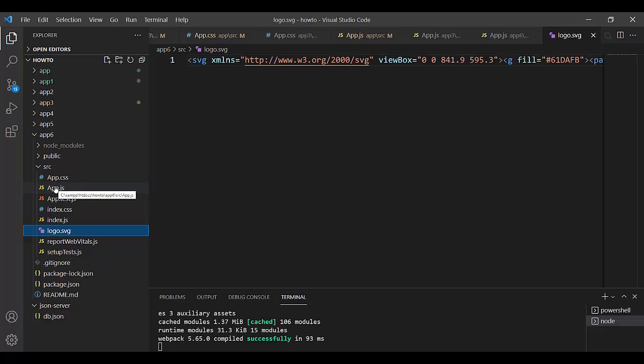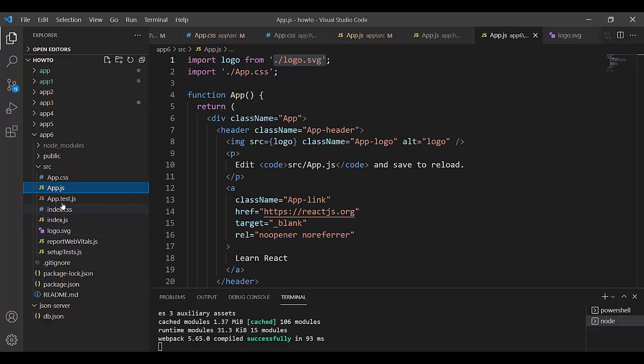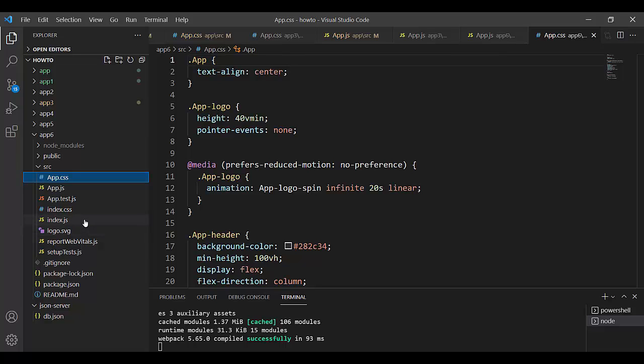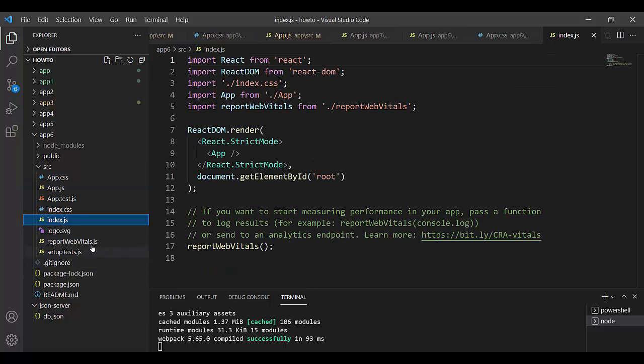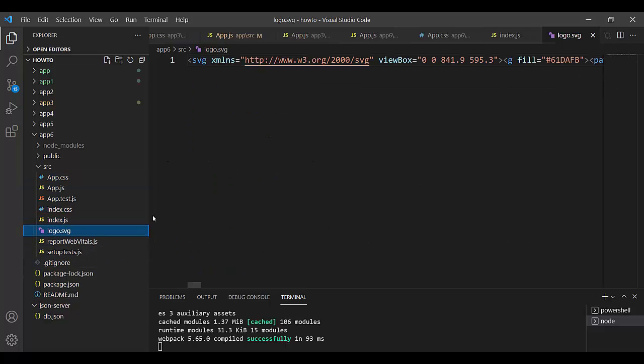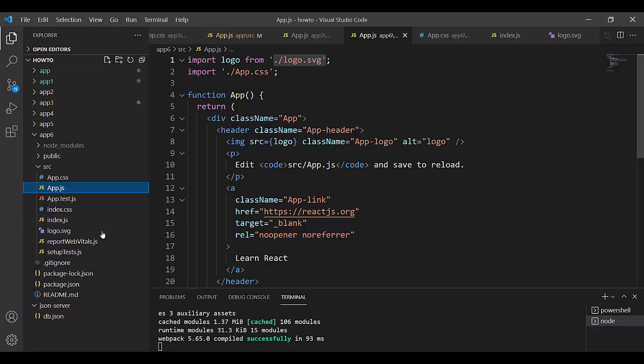This folder src will be processed. Everything in that folder will be processed. For us, only app.js, app.css, and index.css are interesting, and in this moment logo.svg will be processed, and the result of that process, the result of processing of this function,